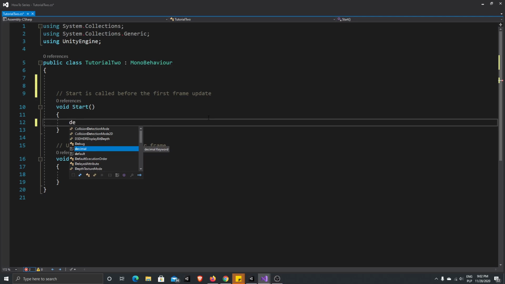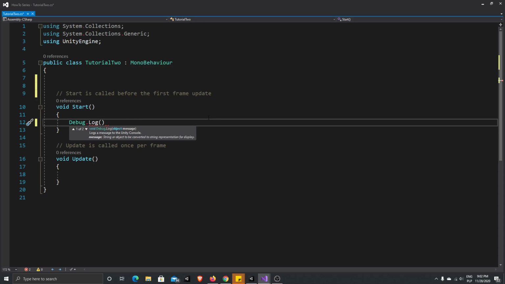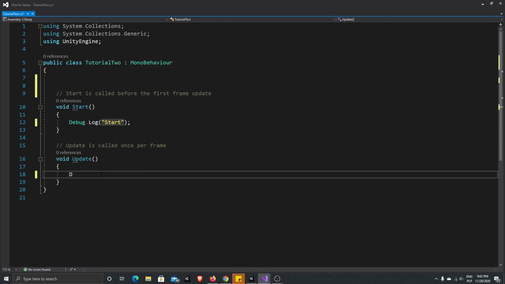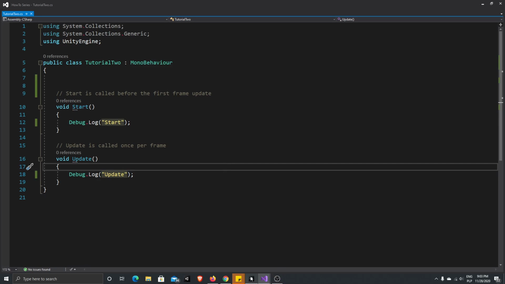Let's write Debug.Log, and let's write "Start" inside Start. And here for the Update, let's write Debug.Log, and let's write "Update". And for the script to be working